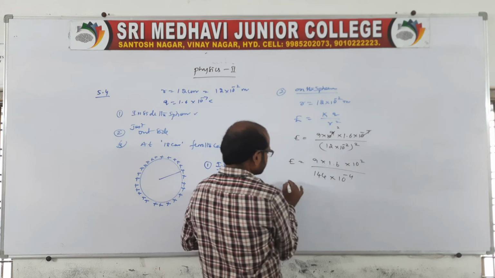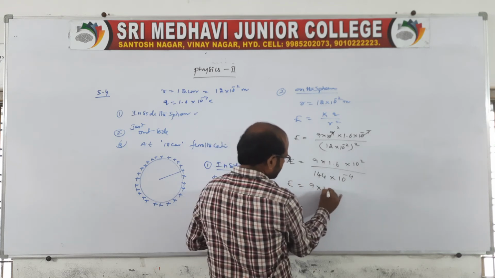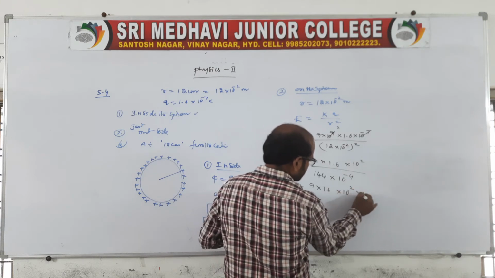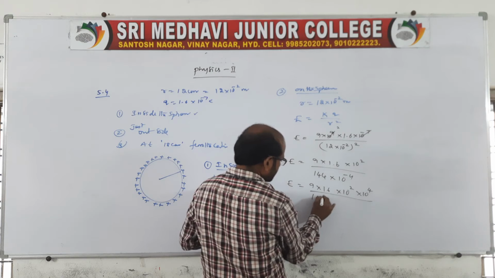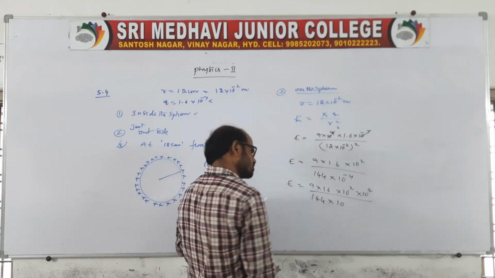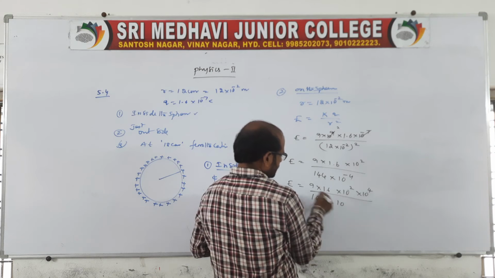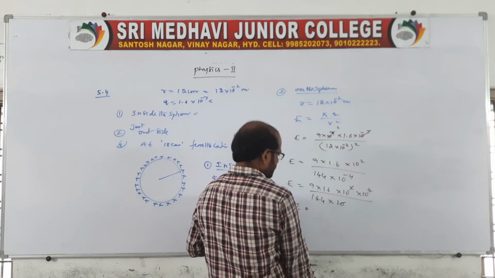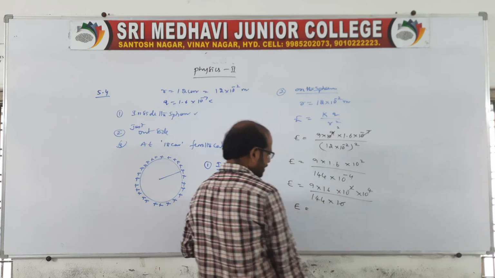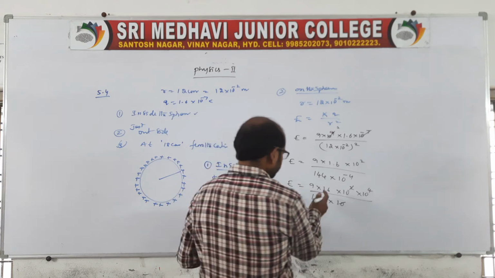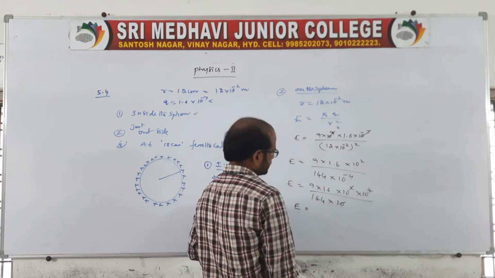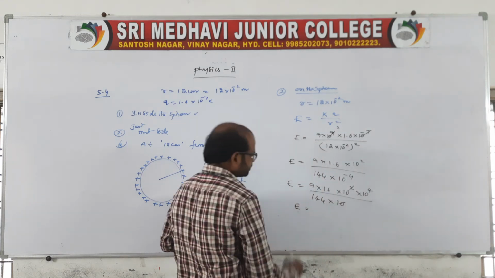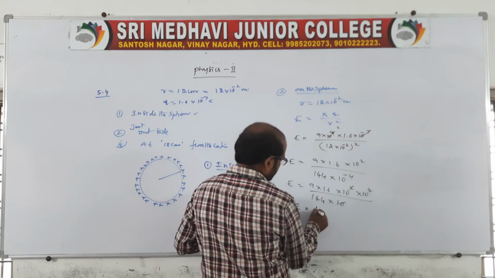So you take this up. E is equal to 9 into 1.6. It is 6, you cancel 1. Therefore it becomes 10 power 2 into 10 power 4 by 144 into 10. So we can take it like this. Suppose this 10 is cancelled. E is equal to, you multiply this, so we'll get 16 tens, 160, and you minus 16, therefore we'll get approximately 140.